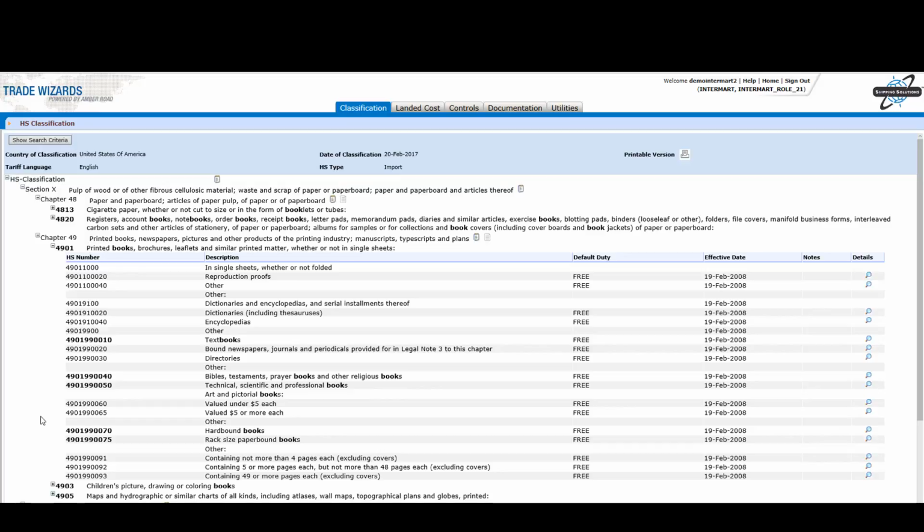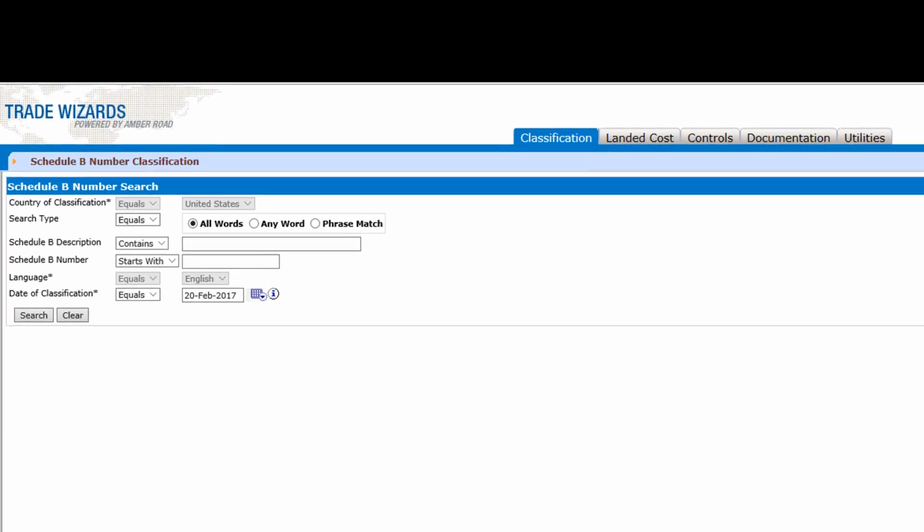Now let's look up a Schedule B number for one of my exports. Under the Classification tab, choose Schedule B Classification. As an example, I will look up the Schedule B code for prepackaged software. Since Schedule B numbers are U.S. export codes, there is no option to change the country of classification. If I know the beginning of the number, I can enter that or leave everything blank to pull up the entire tree. But if I don't have any idea what the number is, I can enter a description in the Schedule B description box. So I will enter software